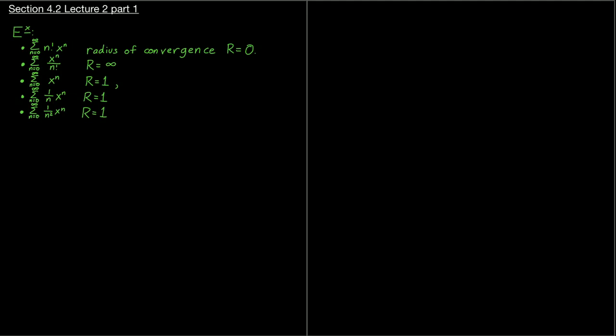And let's think about what happens at the points that are a distance r, a distance 1, from our base point, which is 0 in this case. So this one diverges at plus or minus 1. And that's because x to the n, 1 to the n is always 1, minus 1 to the n is 1 or negative 1. Neither of them are converging to 0, and that's a necessary, if not sufficient, condition for convergence of a series. Now here, if we take x equals 1, x to the n is 1 to the n is 1, so we get the harmonic series, so it diverges